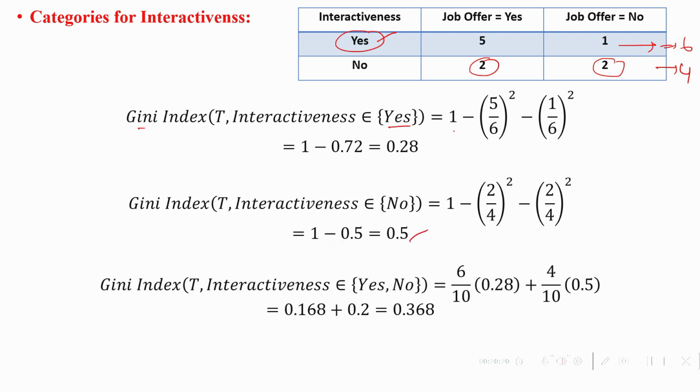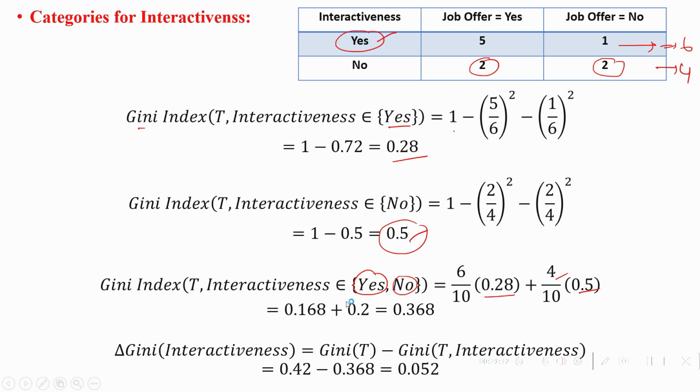Now we are going to find out the Gini index for the target variable with respect to interactiveness belonging to yes or no. Subset 1 is yes and the second subset is no. In the first subset, the total number of elements is 6 by the total number of elements in the entire data set, 10, into the Gini index of the first subset, 0.28, plus the total number of elements in the second subset, 4 by 10, into the Gini index of subset 2, which is 0.5. That is equal to 0.168 plus 0.2, that is equal to